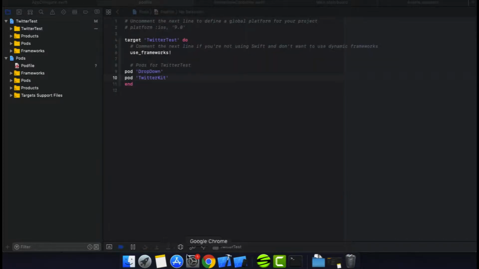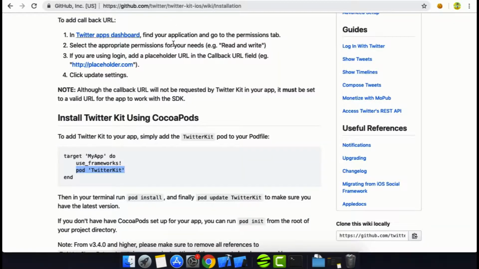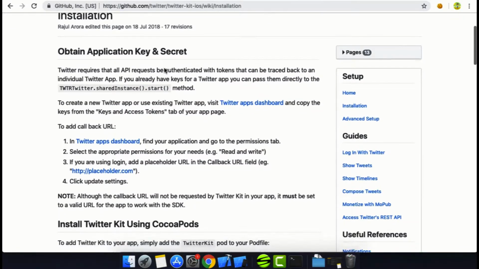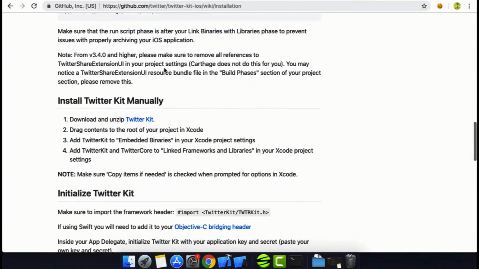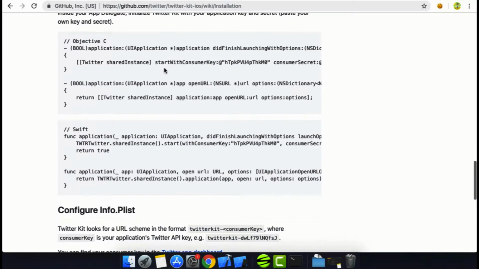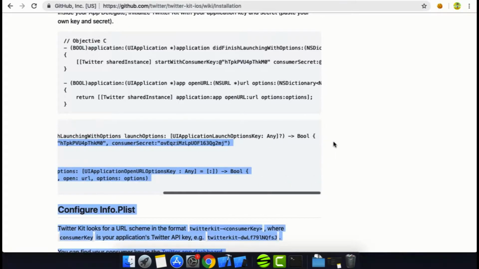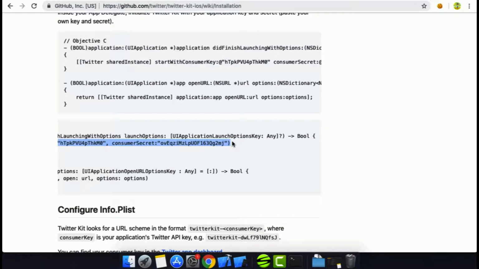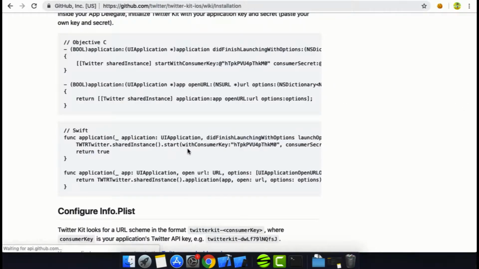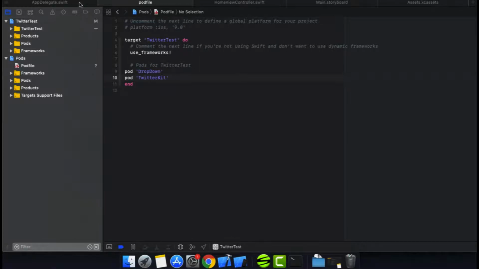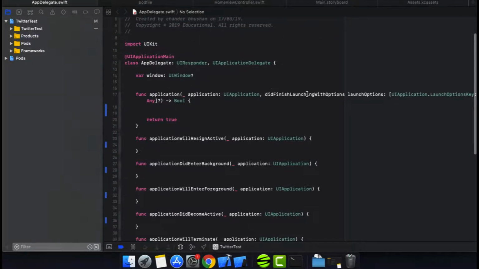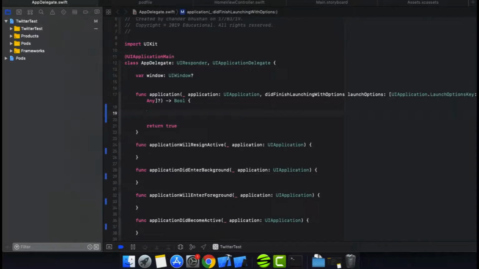Now let's see what is the next configuration. So go on the Twitter GitHub page. I have installed the pod. Now next step is what? Okay, so next step is this, right? So let's copy it. You will have to copy this thing, and you will have to paste it into your app delegate didFinishLaunchingWithOptions function. So let's go to your app delegate didFinishLaunchingWithOptions function, and you will have to paste it here,